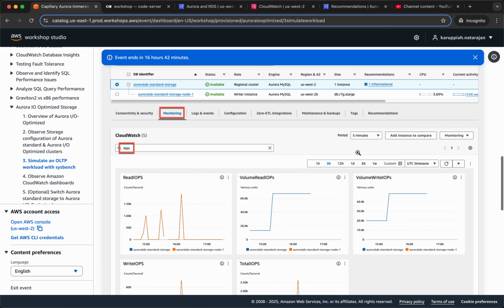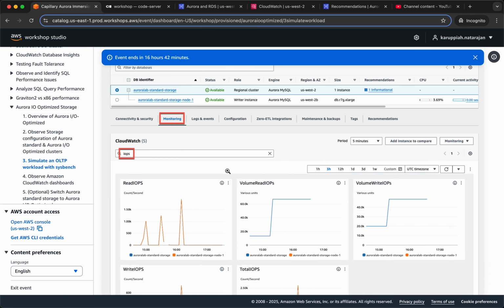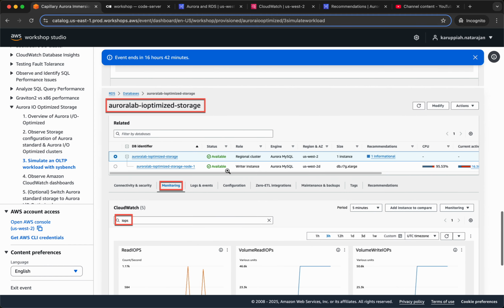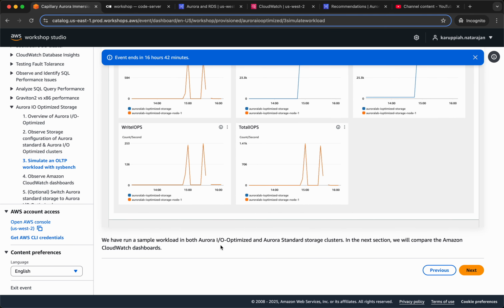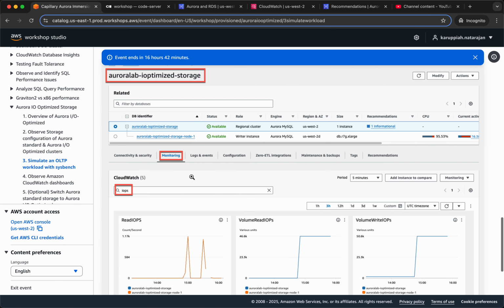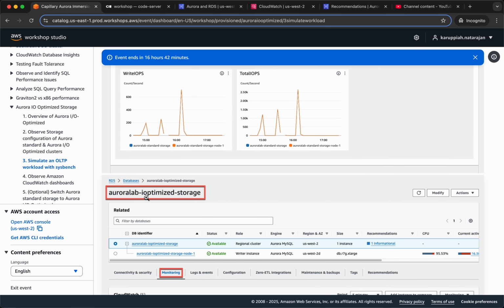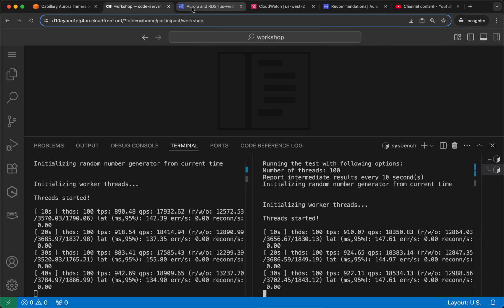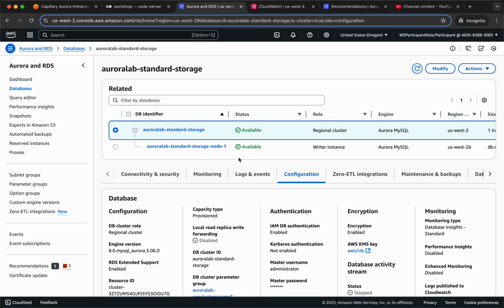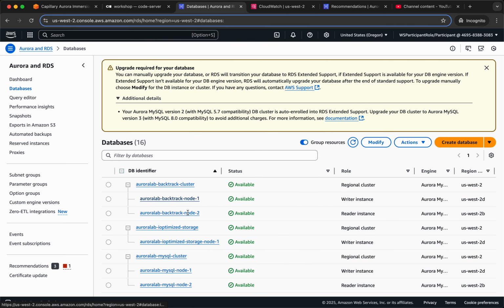So you can see IOPS, right? Aurora IO optimized. So we have run a sample workload in both Aurora IO optimized and Aurora standard. Interestingly, they didn't say IO optimized, they said I optimized. Anyways, so if you go and look here, this is I optimized, not IO optimized. Anyways,